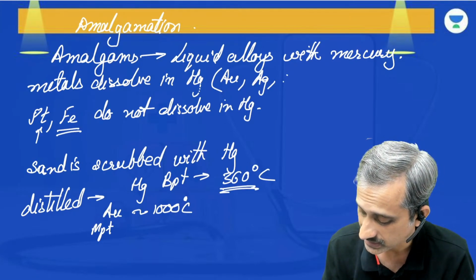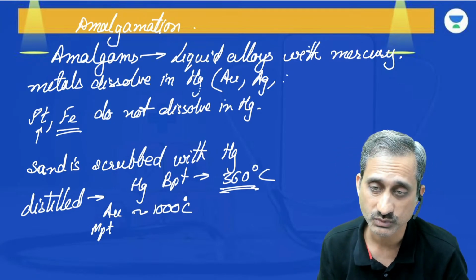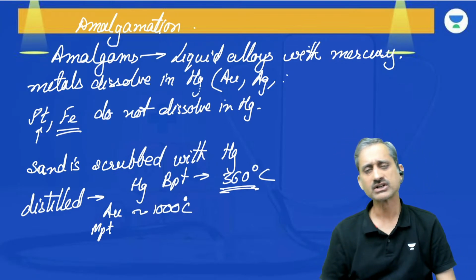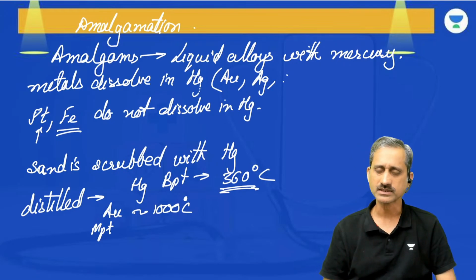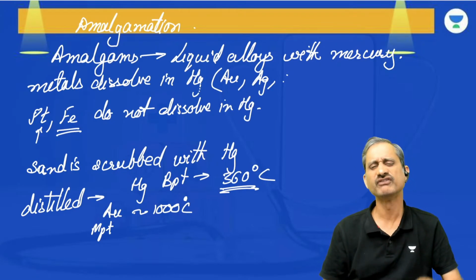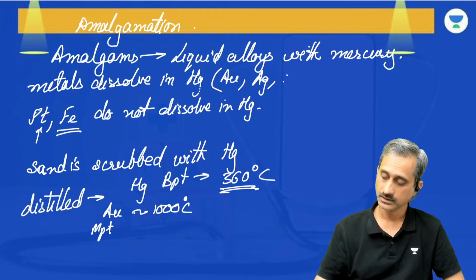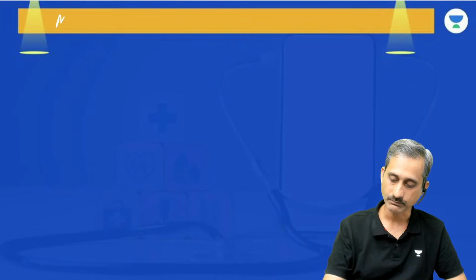And that is how we are able to separate gold. We are able to extract gold. And this is the process which we call amalgamation. Clear? One thing is we have understood that if we have golden sand, we can use amalgamation. But what happens if we don't have golden sand, but we have a very small amount of gold in the sand? Now, when we talk about a very small amount of gold in the sand, there we use a process called